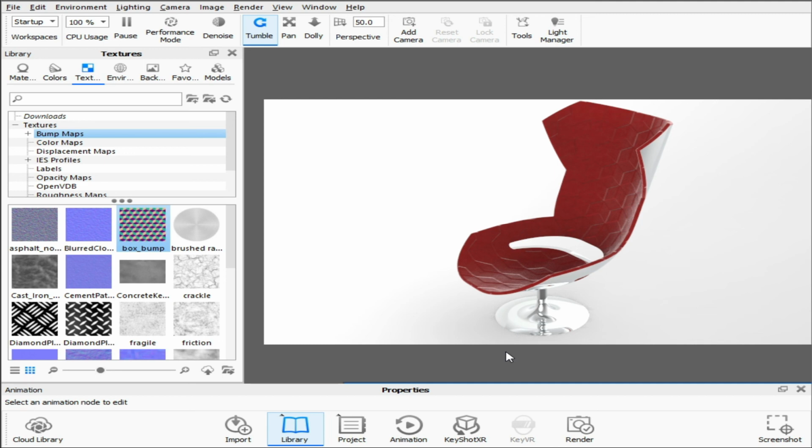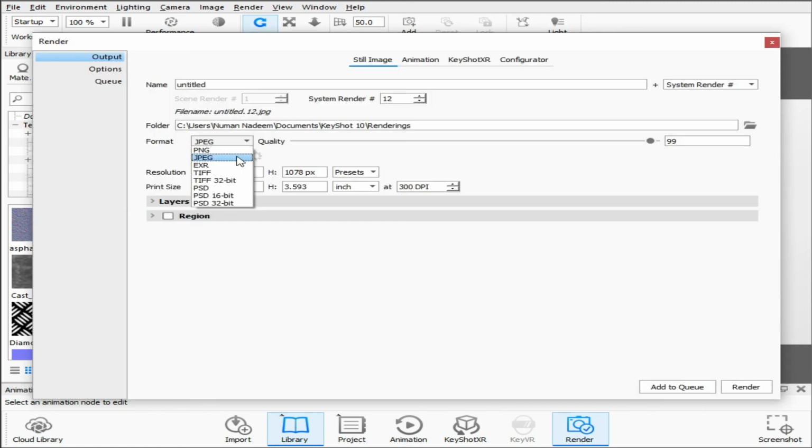If you want to render it and save it so that you can upload it on any website at which you want to sell your 3D models, then you can simply render it, and these are the qualities. You can change its quality from here: 1078 pixel, 1437 pixels, 2K, 4K and 8K. You can also change the format. If you want PNG format, JPEG, PSD, you can choose whatever you want. If you want JPEG, click on the JPEG. There are also options. Make sure you have chosen the default option.